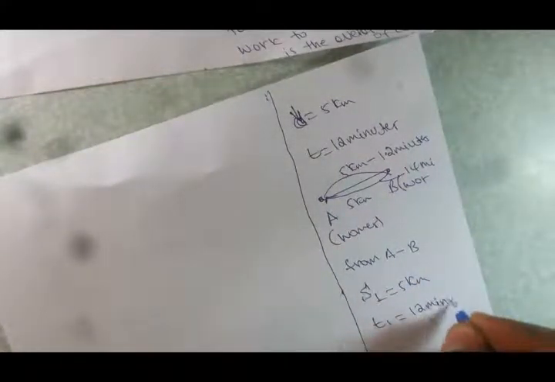Therefore, from A to B, distance S1 is given as 5 kilometers, and T1 is given as 12 minutes. And from B, or from work to home, distance S2 is given as 5 kilometers, and T2 is given as 14 minutes. And we are asked to calculate the average speed of the car in kilometers per hour. Required is V average in kilometers per hour. Solution: